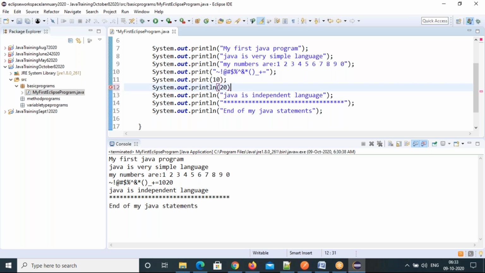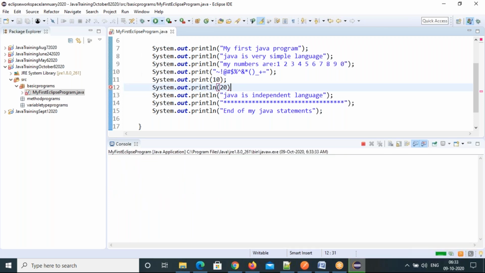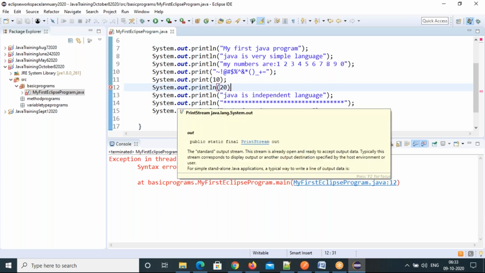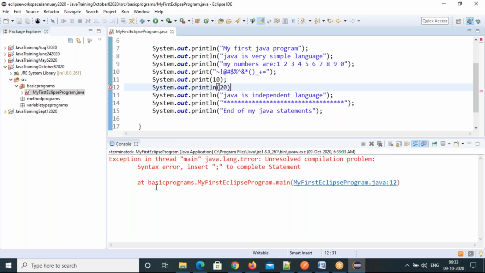If you have errors in your program and you run it, it will throw a compilation error. This is the compilation error: exception in thread main java.lang.Error, unresolved compilation problems. The code itself is not going to compile. If you have errors in your Java file, it's not going to be compiled.